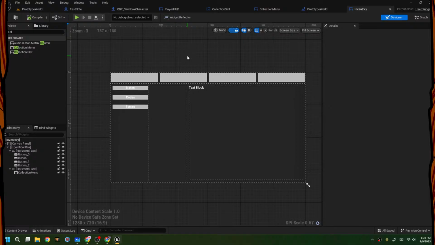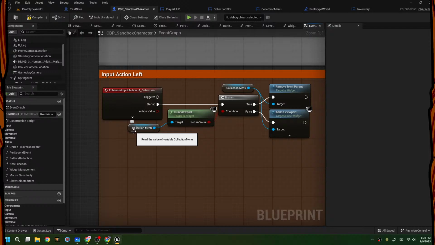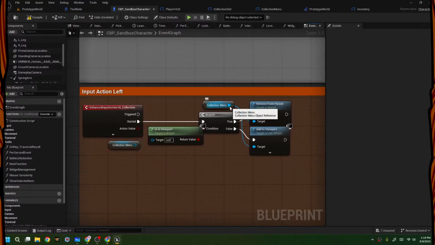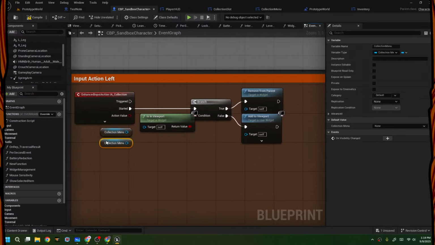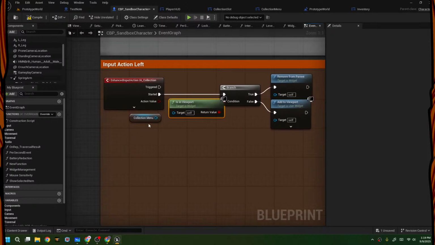But it can cause some problems because we are referencing this collection menu completely independently. How about we, I mean, we are accessing this, but how about we don't do anything over here? Let's remove this and let's create